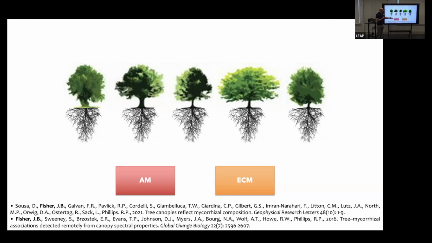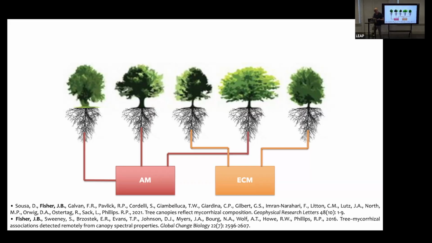Now, that's all well and good, but we cannot see these fungi, right? They're underground. So if we knew where they were, we could say, oh, that area will continue to take up carbon in the future. That area will probably start to run out of nutrients. So it turns out that if you're a unique tree species, you will associate with one type of fungi, and if you're another tree species, you'll associate with the other. So it's kind of a one-to-one. You'll have completely different tree species that will associate with AM and other tree species that'll associate with ECM.